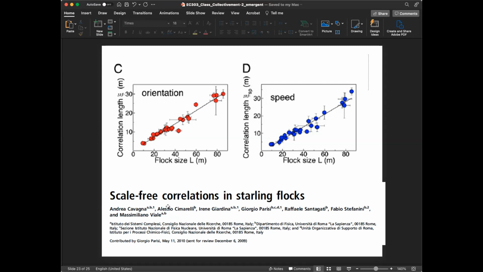It's similar to the idea of lack of scale in Levy flights that we studied in the very beginning. When we had a Levy flight where the exponent was between 1 and 2, there was no mean value of the entire distribution, and there was no variance of the entire distribution. It meant that it could be as high as you could wish. So that's precisely what might be happening in these starling flocks, is what these people said.